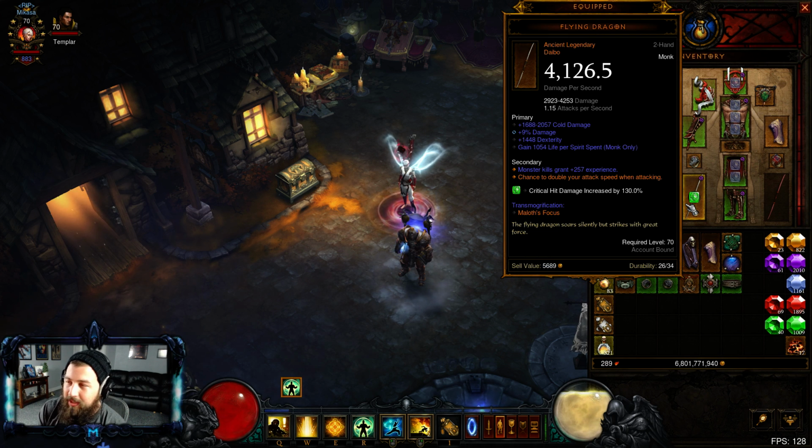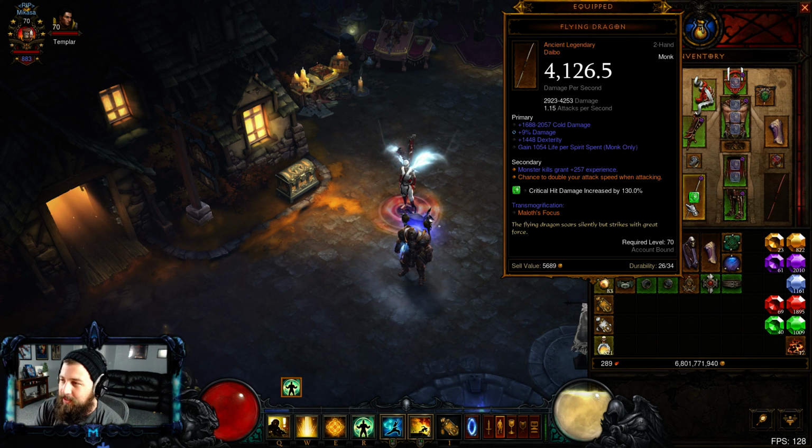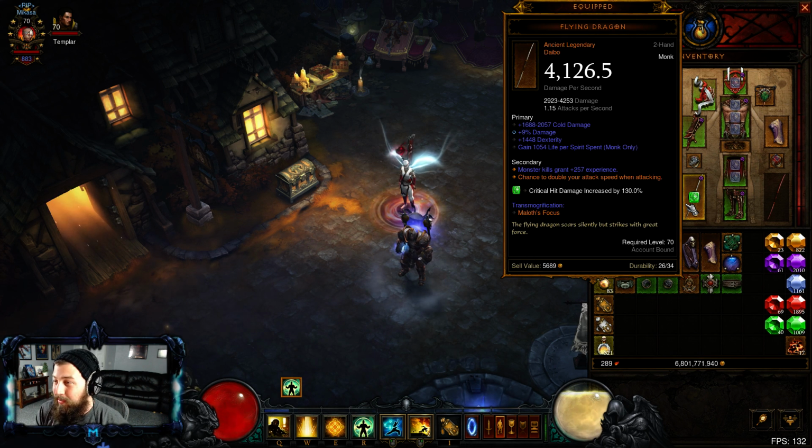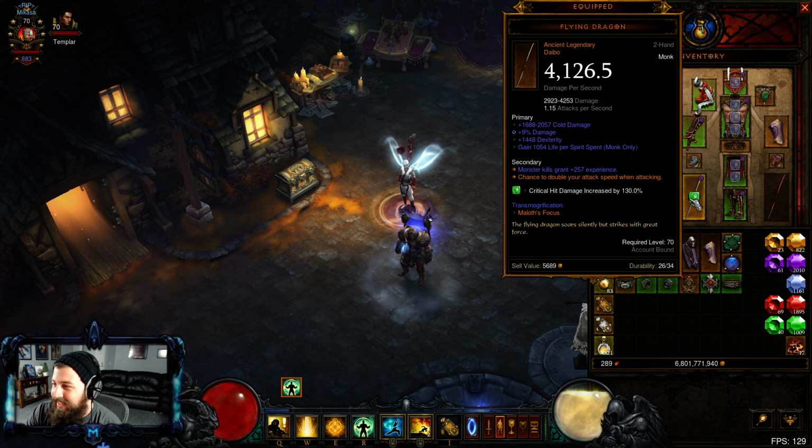You want 10% damage increase, which increases that roll that we just went over. The base damage roll gets increased by the percentage damage increase. And then you're going to want a dexterity roll, and then a life per spirit spent. Since you're spending massive amounts of spirit, you're going to want regen,